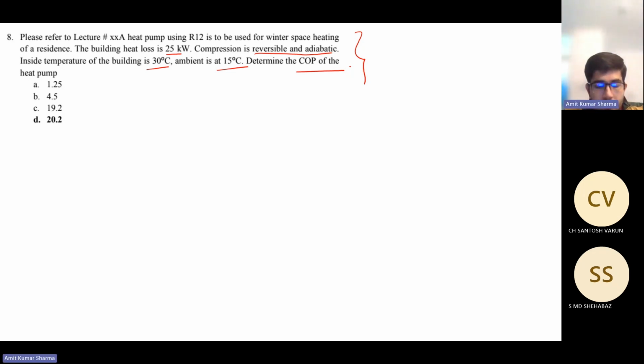Any answer, Varun? It's 20.2 COP. Let's wait for 1 more minute. So, for a hint,